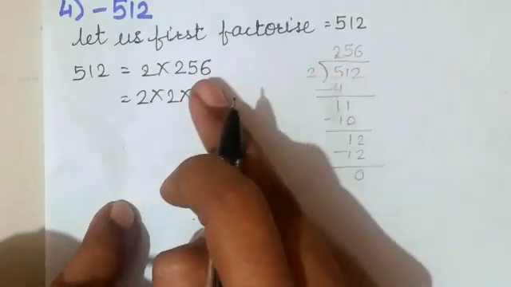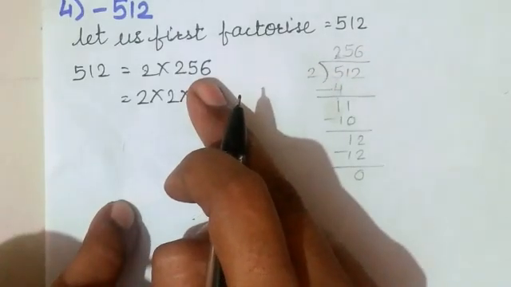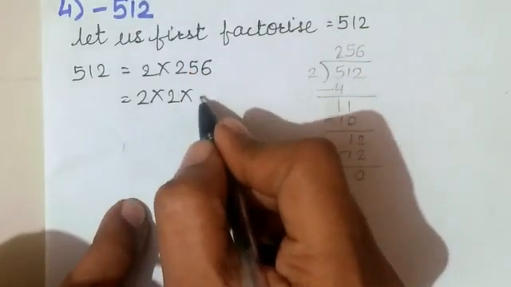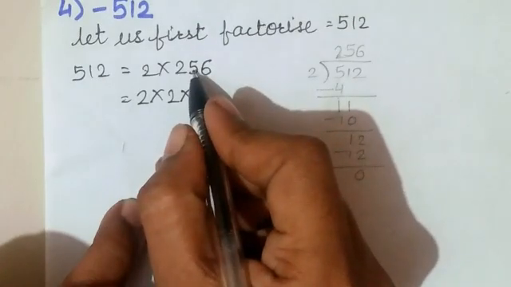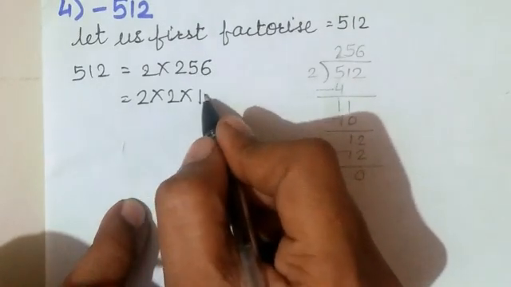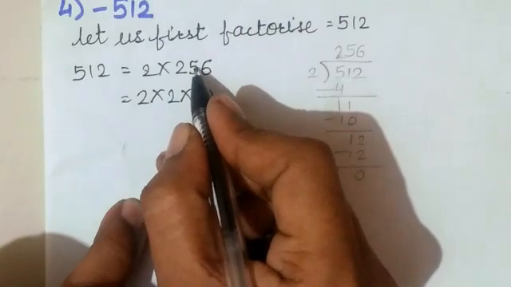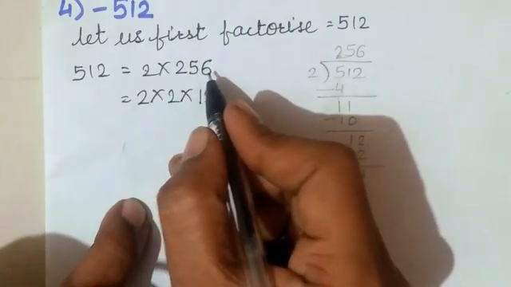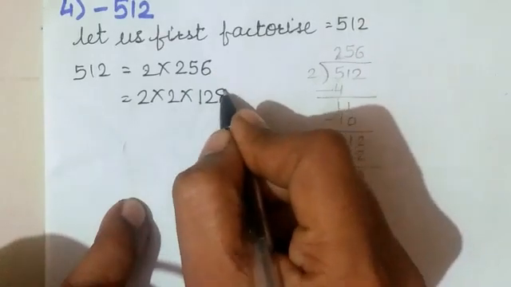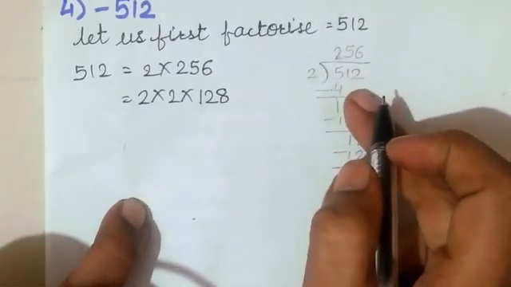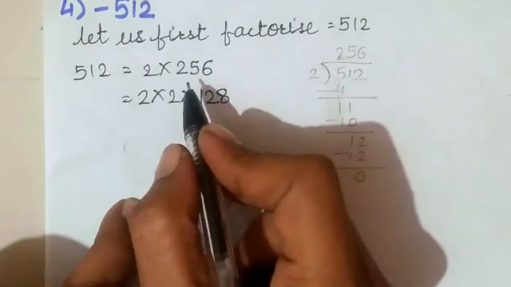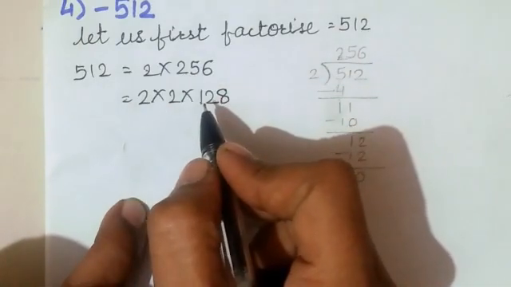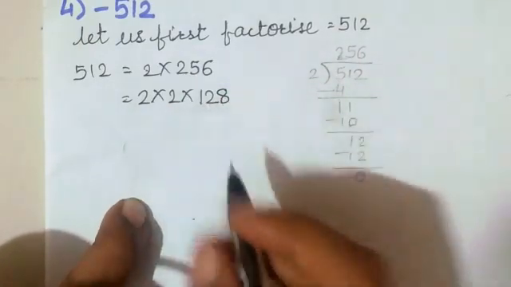Again, in the same way, we have to divide the 256 by the 2. So what we will get? 2 1s are 2. Then next number is 5. So we can use the 2 2s are 4. Again 1 will remain. 5 minus 4, 1 will remain, and the next number will be 6. So it will become 16. So 2 8s are 16. If you do the rough work like this way, then you will get the answer 128.